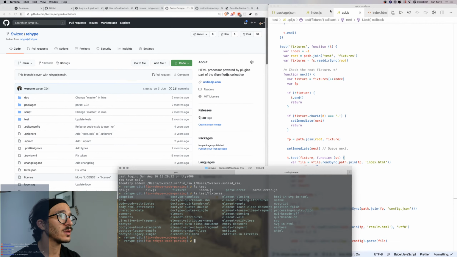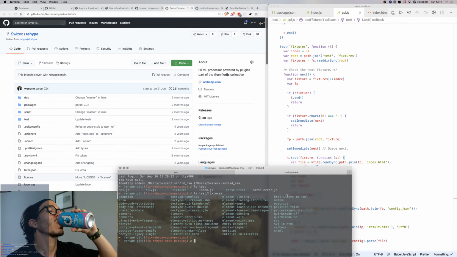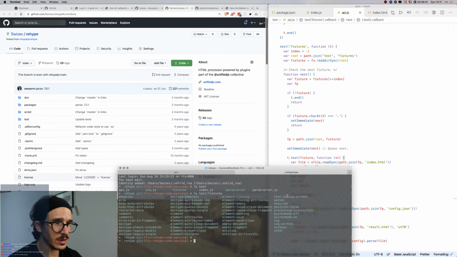So I think that the HTML in SVG in HTML might be a good example to try, or SVG and HTML. Let's do... What should we try? Which one of these do you guys think looks like a good candidate to start with to reproduce my HTML in a code block kind of thing?